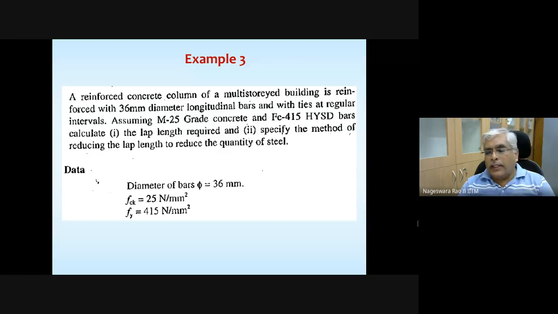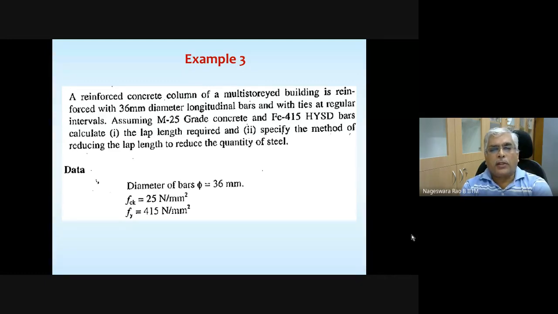So let's go through it, and please note that whatever we are covering as a part of this basic course, we are actually covering some few basic concepts, but you need to refer to several books as well as take advanced courses to gain more knowledge in that. Okay, so let's go through this example.